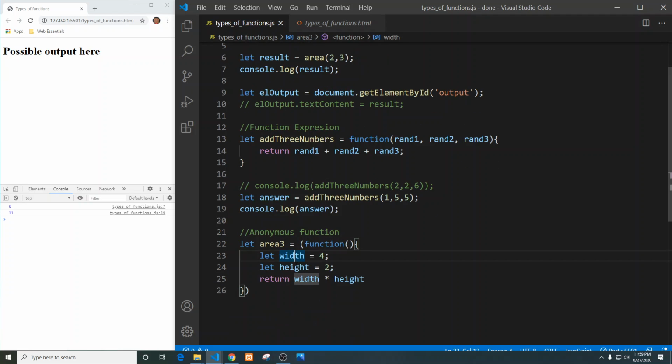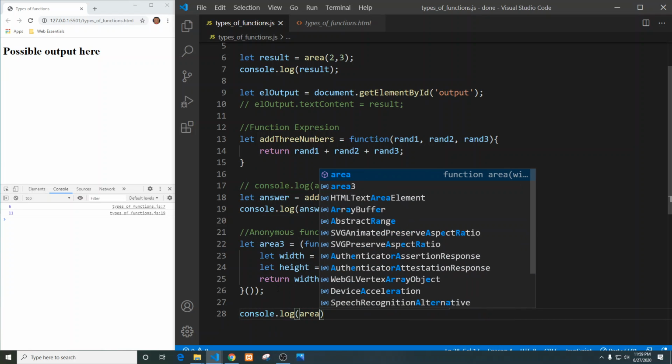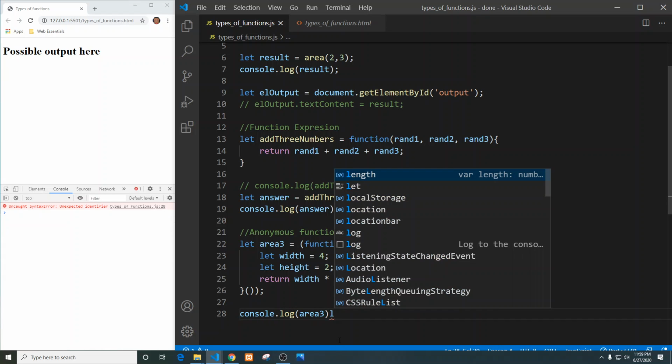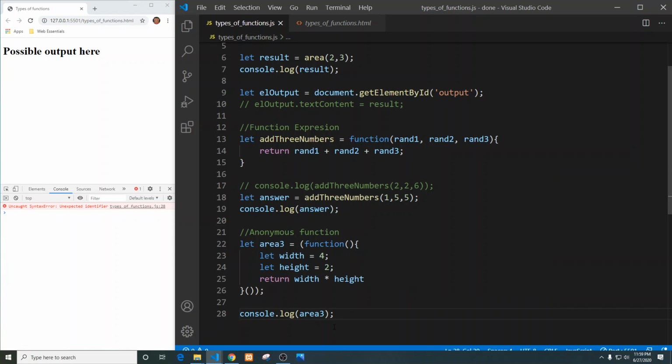Okay, so here we have our width and our height created within the function, and the return of the width times the height. And for this, the anonymous function's weird. It's going to be weirdly closed as well. So it needs to be closed like this here. And let's go on ahead and call it with just the area 3. And what we should get here is 4 times 2, which is width times the height, and we should get 8,